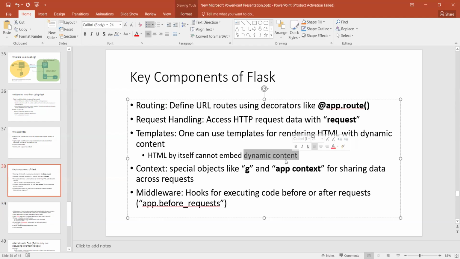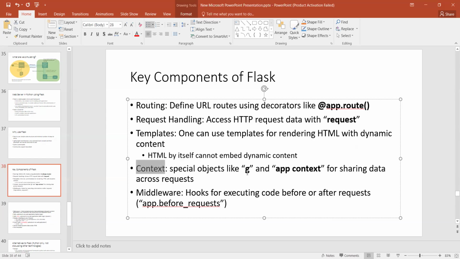We do not term HTML a programming language because there are certain features that need to be supported by a programming language so that we can call it one, which are not present in HTML. So that is the reason why we need templates. I hope that makes sense with respect to what templates are and why we are using them in this particular context. The other thing that we need is to preserve context, and context is preserved by using certain